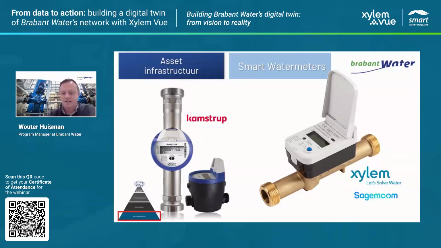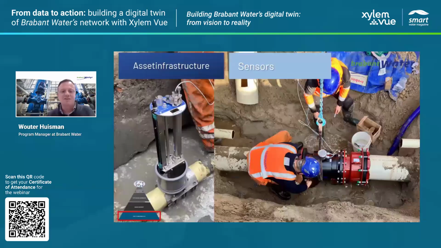And then the next important asset we are installing are sensors in the network. On the right, you see a flow meter installed in the network. And we are setting up 100 DMAs. On the next slide, I will show a picture of the DMAs, so that for each DMA, we get a real-time water balance of how much water is going in and out